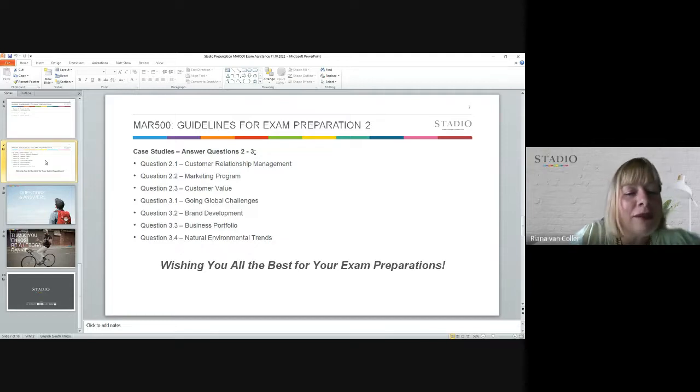Then, of course, that's within the brand itself. But with question 3.3, this is about your business portfolio. This is again back to the bigger picture. Where does it all fit in? Where does your marketing plan fit into the bigger business plan? How do you put together your business portfolio and manage it? Make sure that you research this topic well and understand it. Then the last one, making sure that we understand all the macro environmental factors. What are the natural environmental trends that are impacting us when we look after our brands and our products? And those are all the different questions that are going to be applicable for the exam.